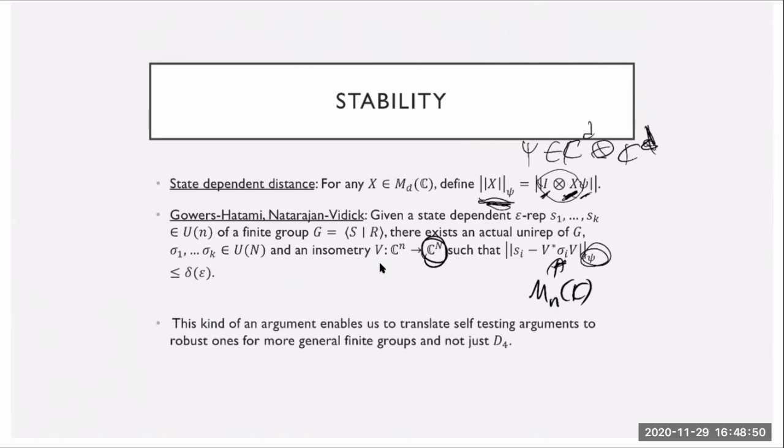So if you have a set of relations, set of matrices that almost satisfy a set of relations that comes from the relations of some finite group, I'm not reading the chat, so if anything is